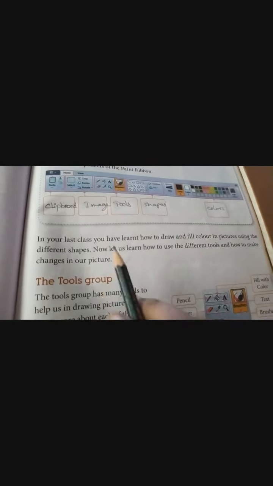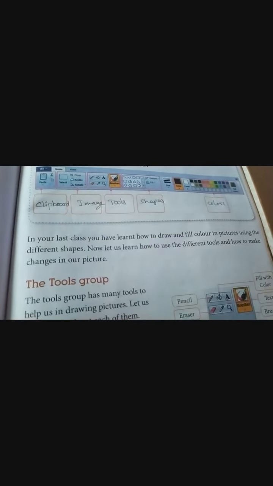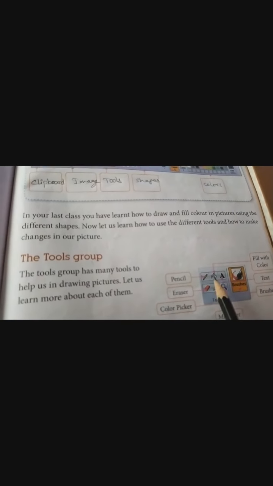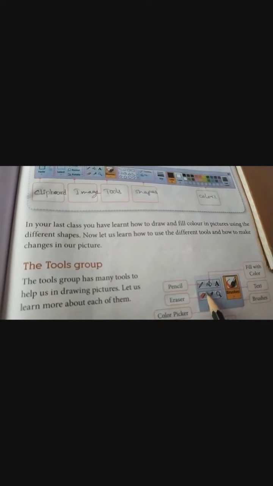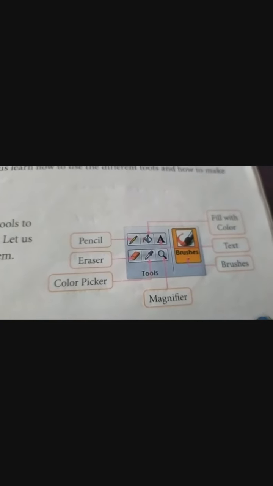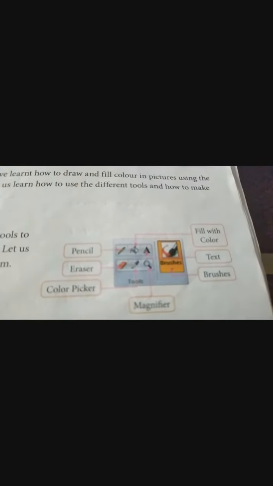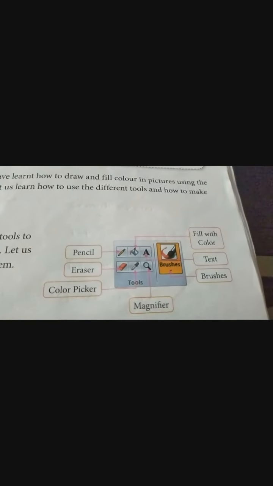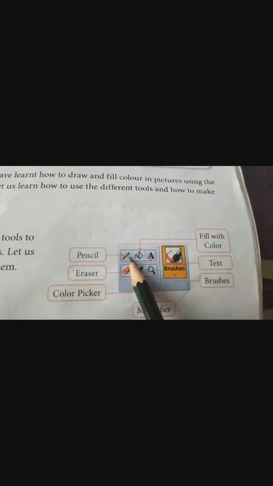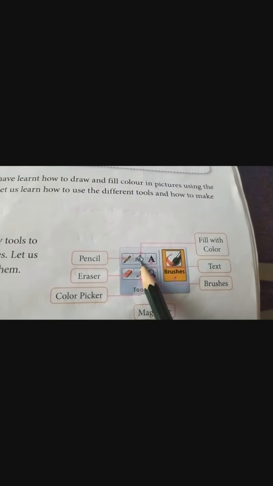The tools group, that means this group. See, the tools group is shown over here. The tools group has many tools to help us to draw pictures. This one is the pencil tool.